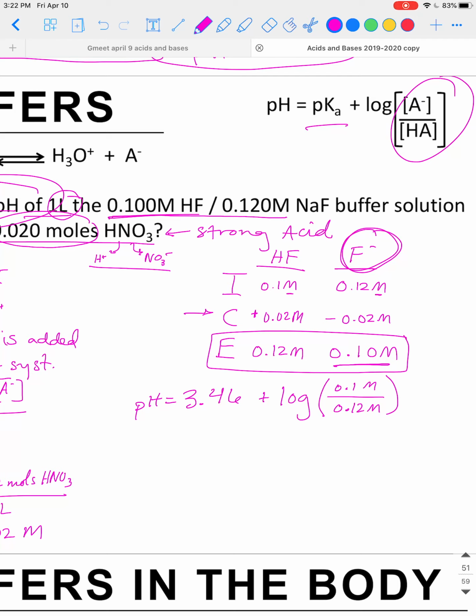The log of 0.1 divided by 0.12, and I got negative 0.079. So we have 3.46 minus 0.079, and I got that our new pH will be